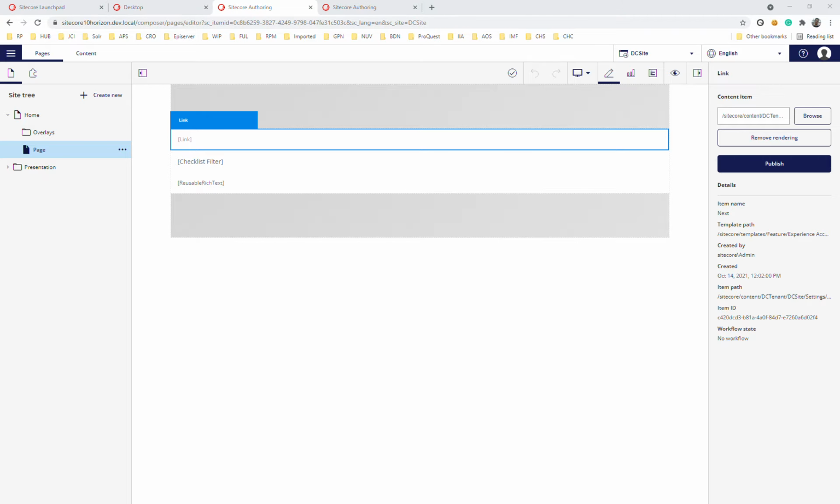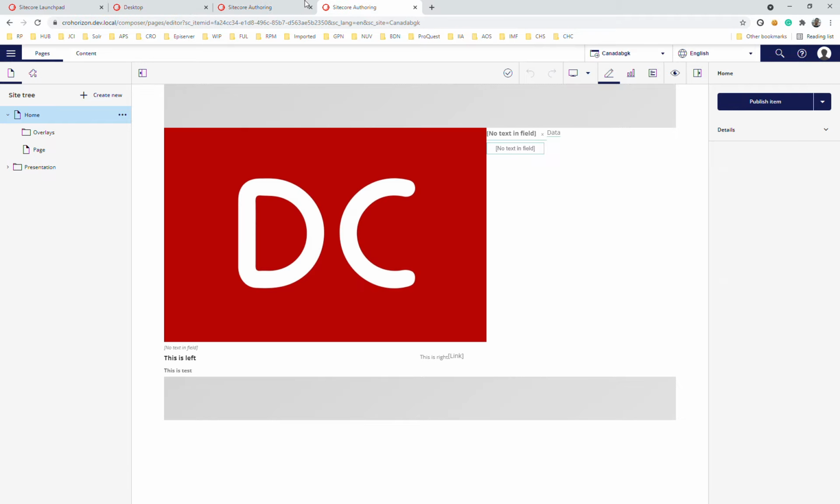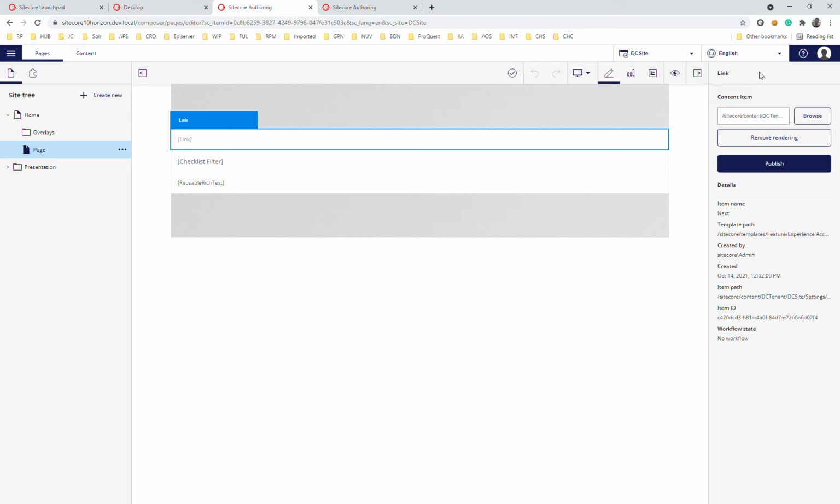So quickly, the first feature is that you can now search for pages, content items, and media items in Horizon. Here I have two instances: the first is Sitecore 10 and the second is Sitecore 10.1. This is the search feature introduced in Sitecore 10.1. In the Sitecore 10 instance, I don't have any search option, so I cannot search for any content item from the Horizon window. But in Sitecore 10.1, I have a search icon.